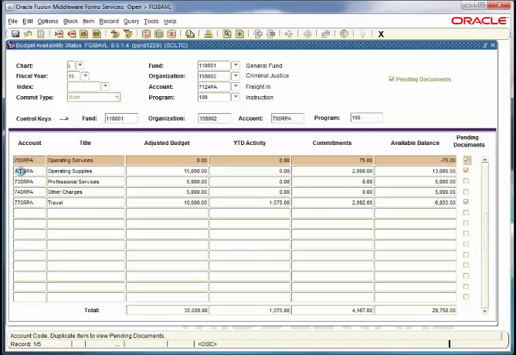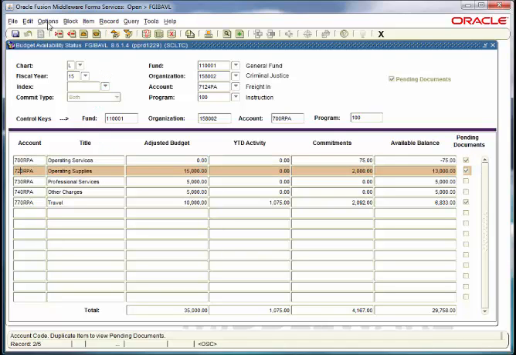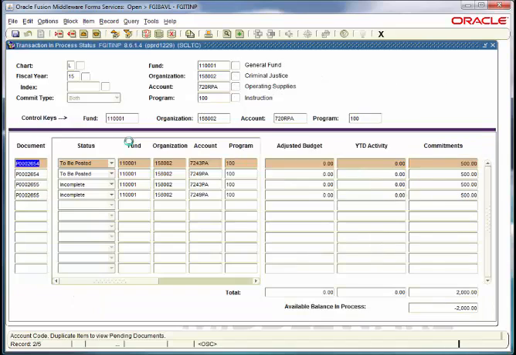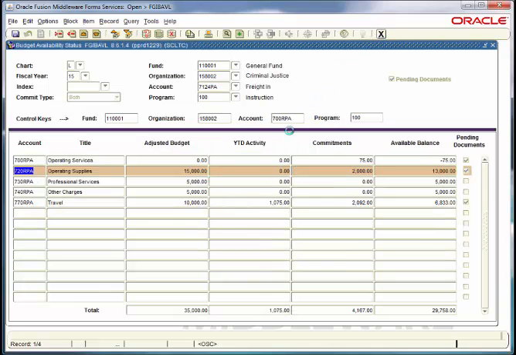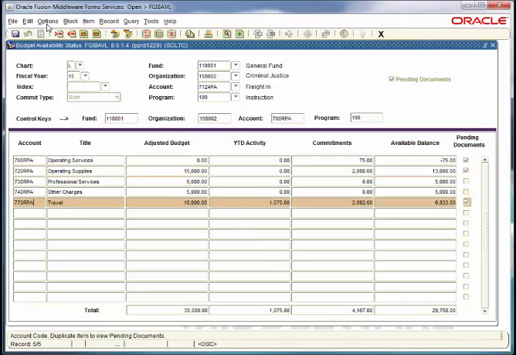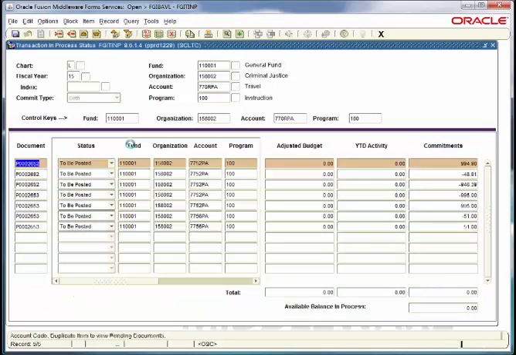There are several other cases out here. We can go ahead and take a quick look at those. You'll see that we have several statuses here, several documents. We have some that are waiting to be posted, others that are yet incomplete and still need to have the document completed. And again, here is a series of documents that are